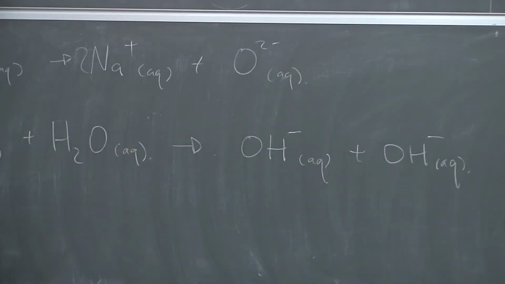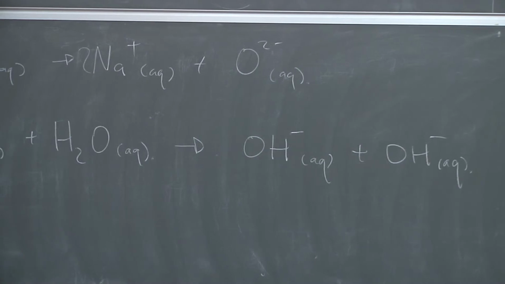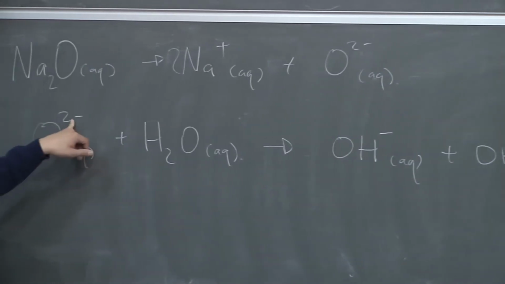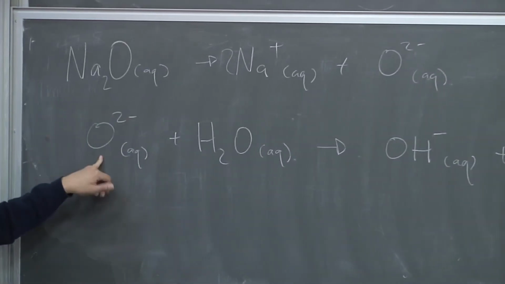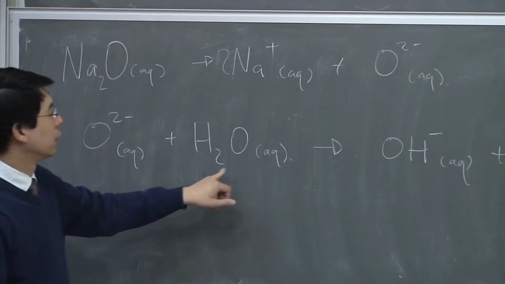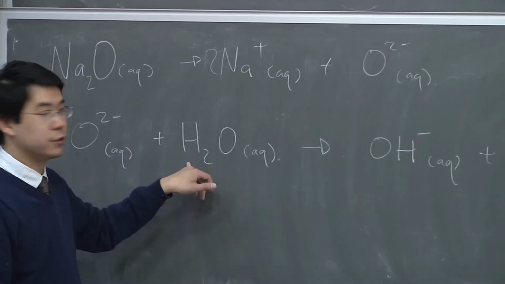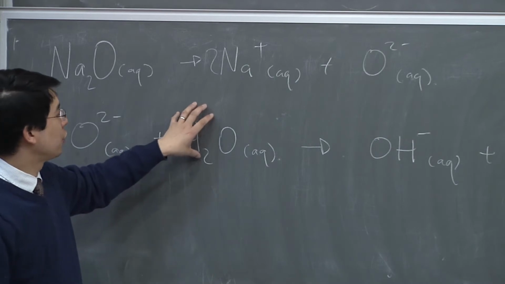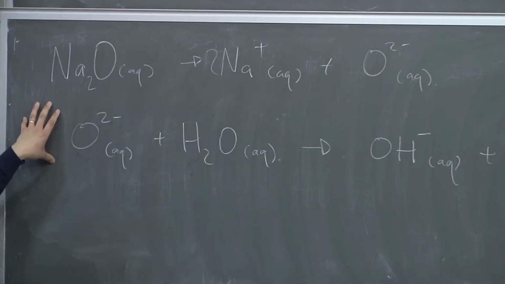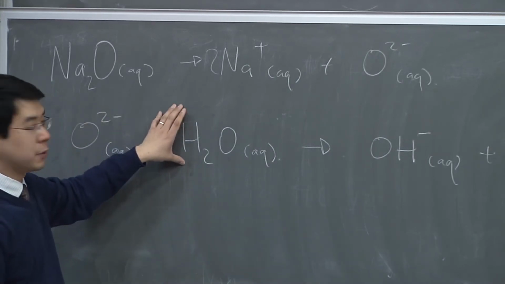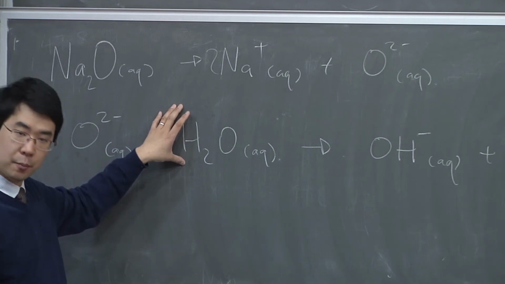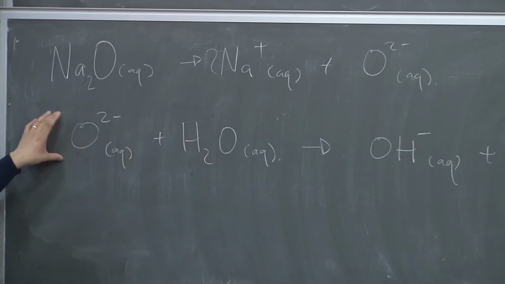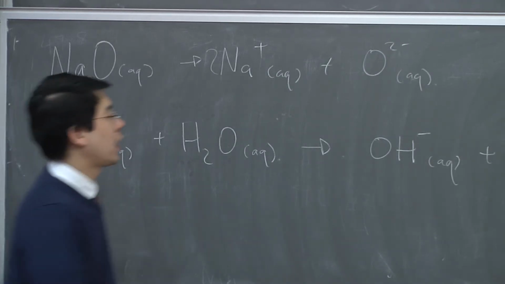So in other words, O2- has a charge of -2, no hydrogens, and an oxygen. Water also has an oxygen, 2 hydrogens, no charge. 1 H+ goes from here to here. Right? And so when this guy loses an H+, it becomes OH-. And when this guy gains an H+, it becomes OH-. And so what happened? You produced